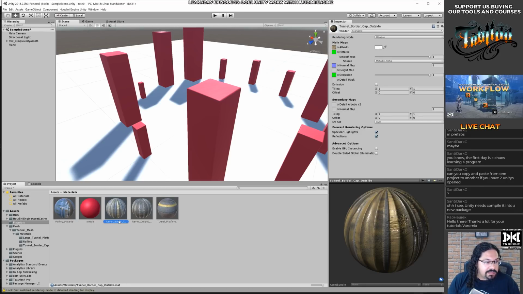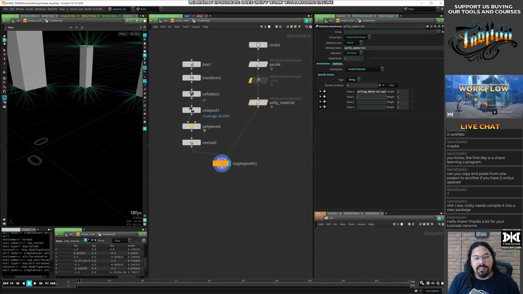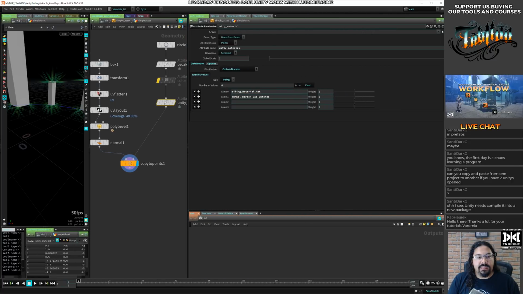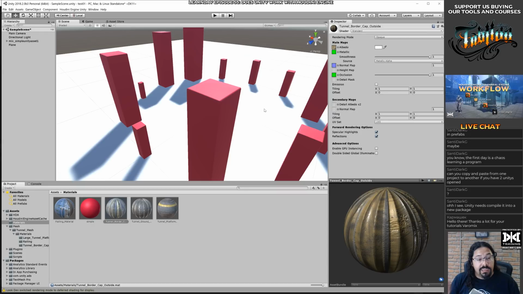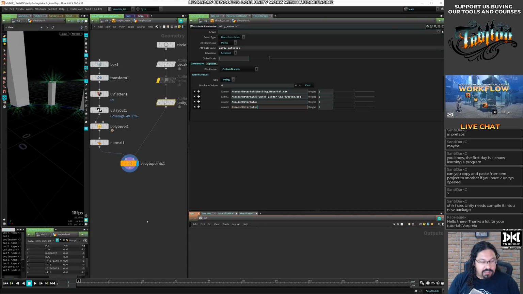All right, Unity doesn't allow spaces either, so that's good. So let's just copy the path. Let me make this bigger so you guys can see what I'm doing here. So I'm just putting the path to the material, and I need to put mat at the end as the documentation said. And that's why you read the documentation, because you wouldn't put the mat extension at the end and